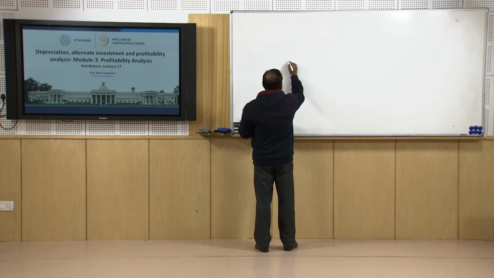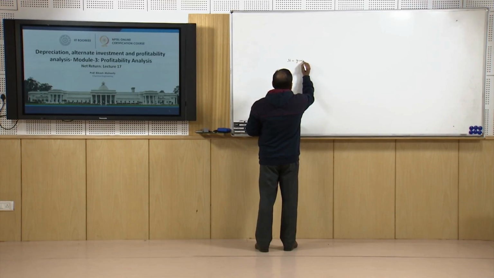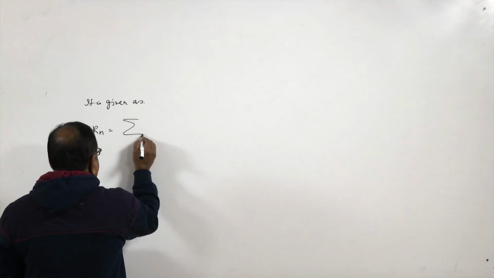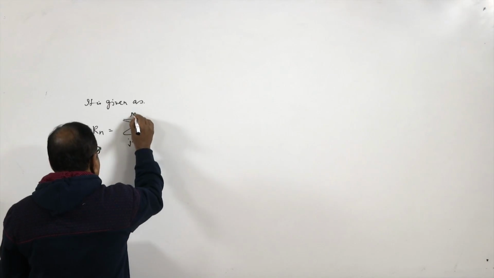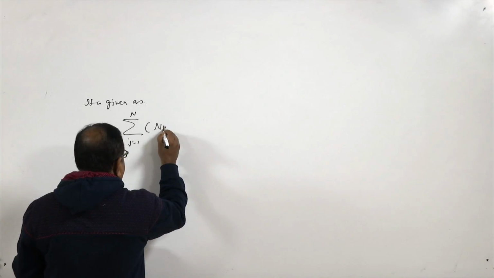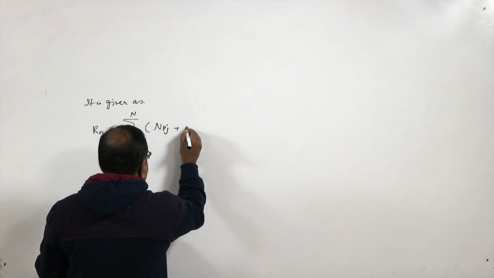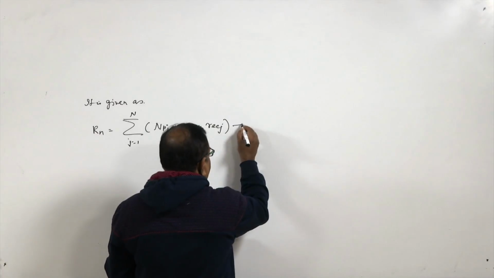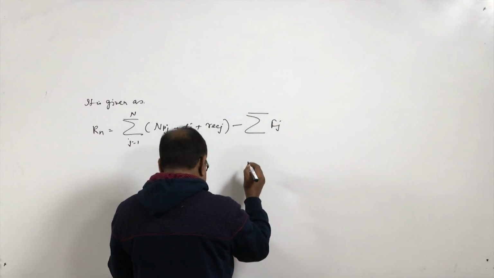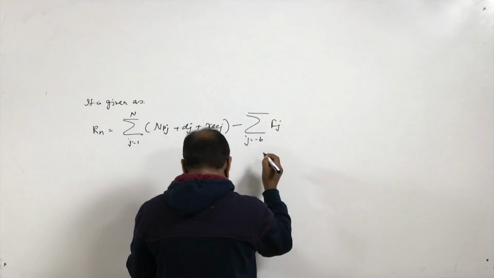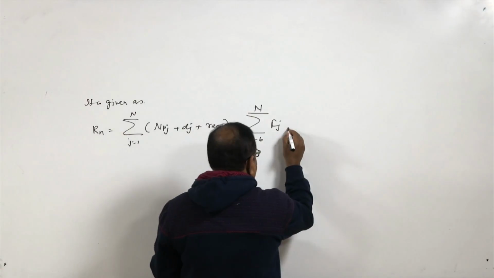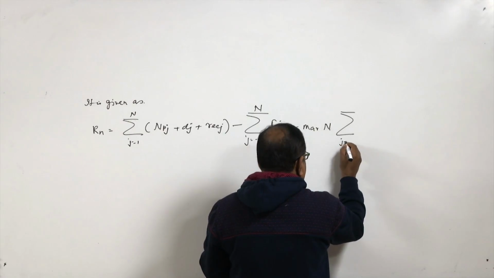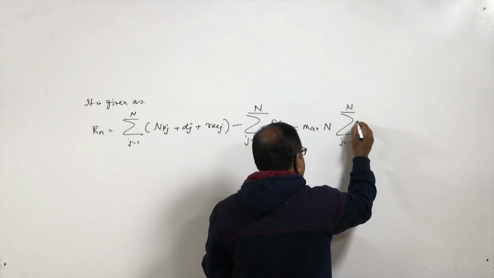It is given as Rn is equal to summation j equal to 1 to n of NPj plus Dj plus RECj, minus summation Fj, j equal to minus b to n, minus MAR n, j equal to minus b to n, Fj,